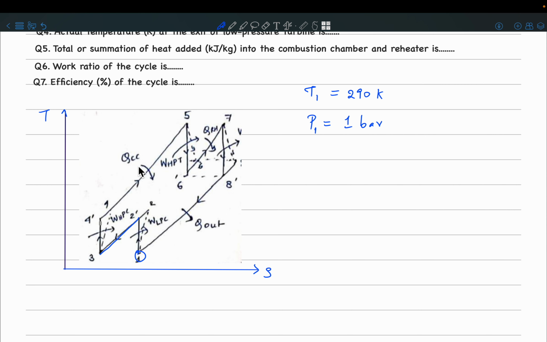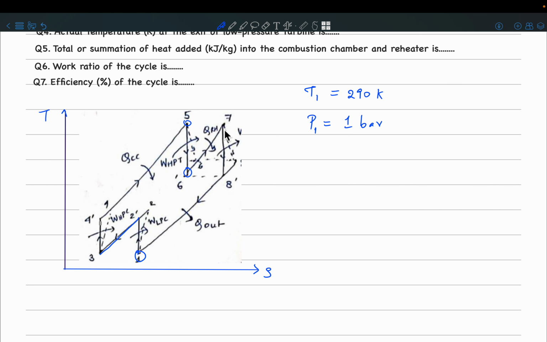So we are basically adding some fuel, and there is heat added to the fluid in the combustion chamber, and then you achieve the state 5. And from state 5, you allow the fuel air mixture, which is the fluid, to expand in the high pressure turbine, and then you achieve the state 6, after which you have the reheater. And the reheater will basically increase your temperature at constant pressure. So again, 6 to 7 is a constant pressure line, and you're adding heat over here, so we are going